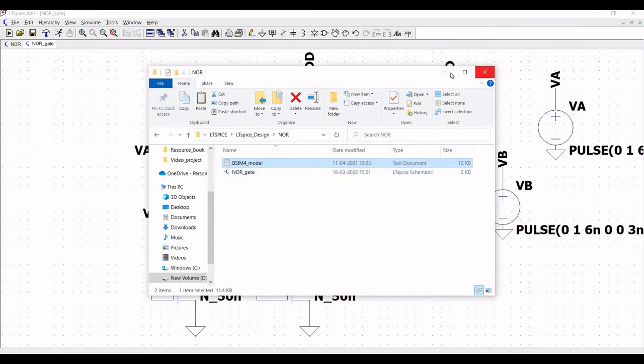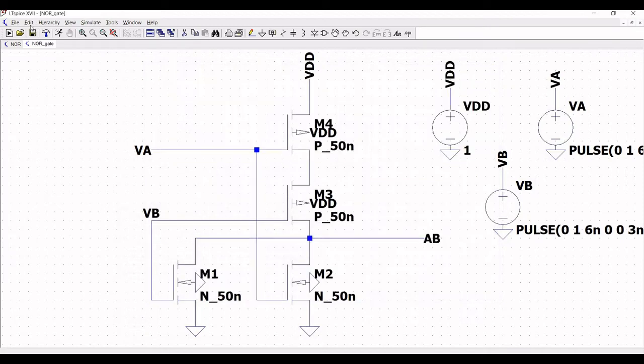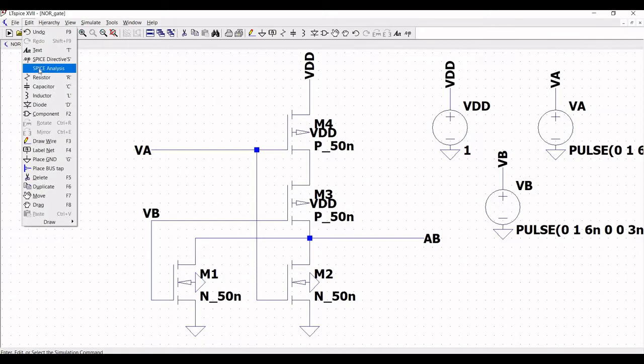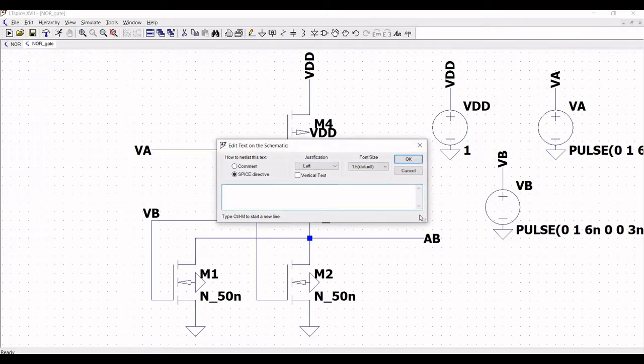Now click on edit and click on spice directive, and we have to include this following statement, that is dot include bsim4 underscore model dot text. This text file is very important because this schematic would call the BSIM4 model